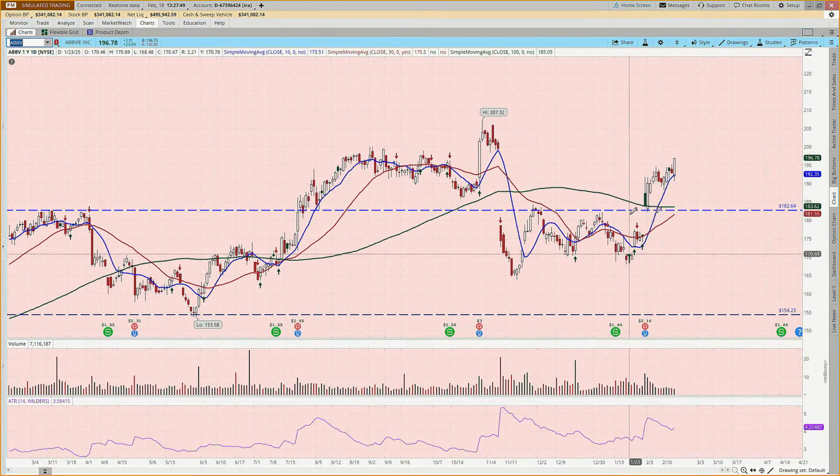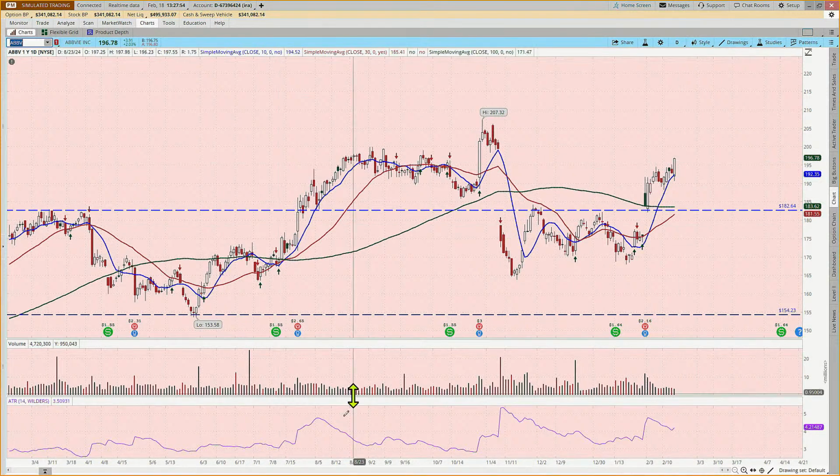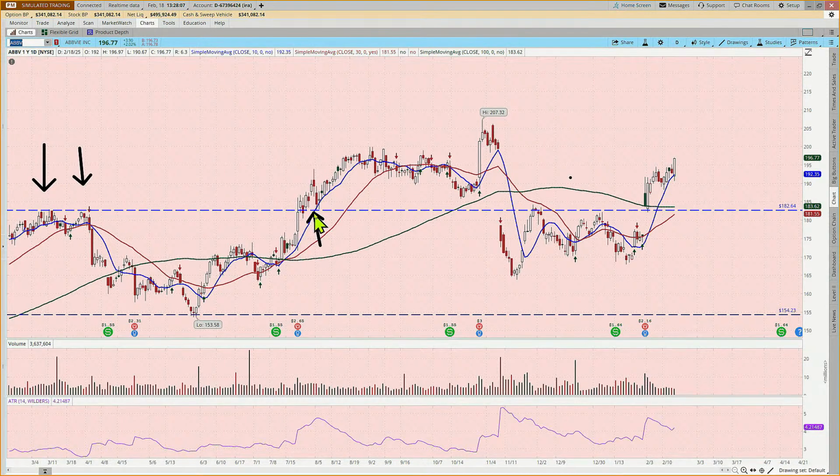AbbVie, this $182 line seems to have played quite a role, doesn't it? Because it was acting as a ceiling back here, or a resistance level. And then it acted as a support, and then it gapped down. After gapping up on earnings, it gapped down back into this range and started acting like a ceiling again. And on this most recent earnings, it gapped above, and we had a 2-day pullback, and now it's moving again